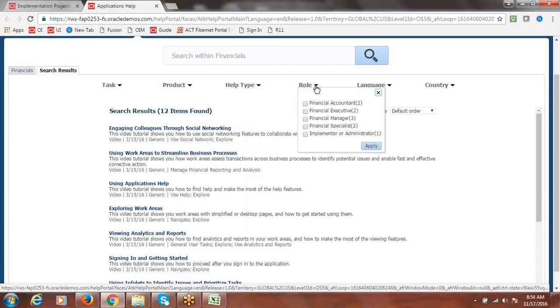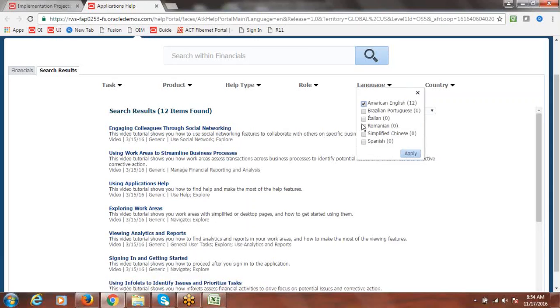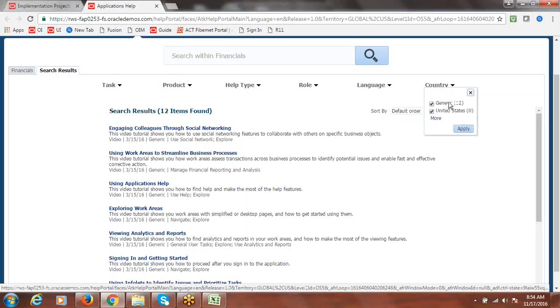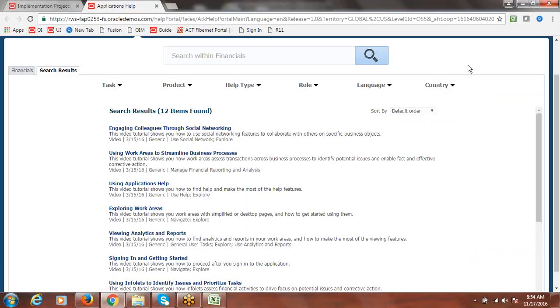Roles: when you are working in a company, say for example there is a financial manager, the financial manager should know which information to filter, and they can see and understand the product related information. They also give an option with the language. By default we have American English only. If you want more, you can select and just apply. Then language specific information will get displayed, and there is some generic common country specific information also. Apart from that, for other countries, this will support some localization and country specific requirements kind of help you can see.